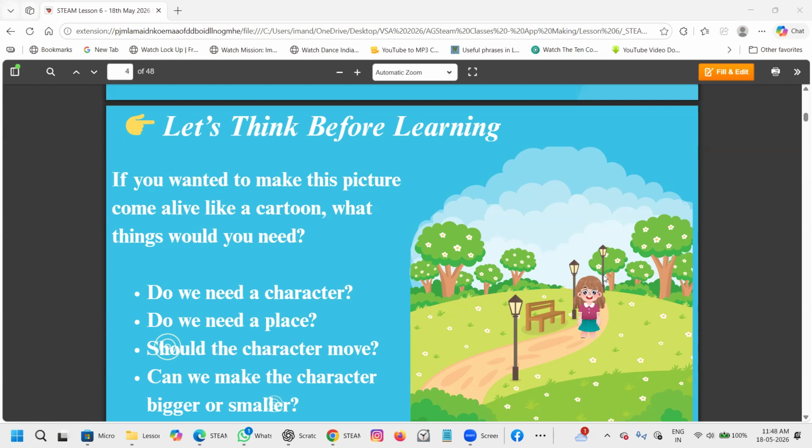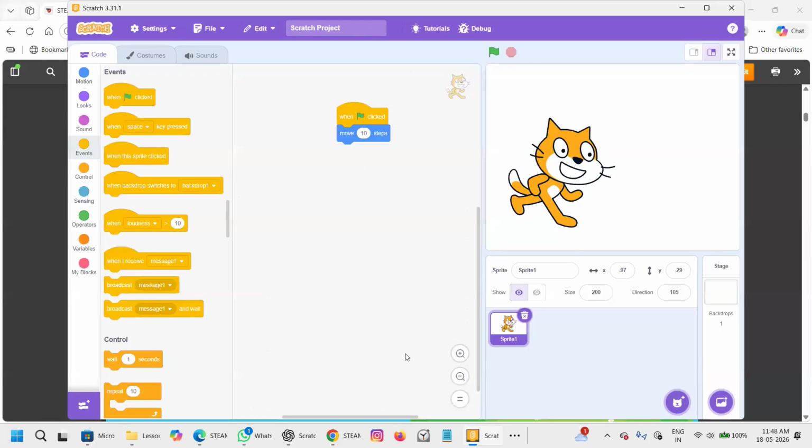Yeah, correct. Wherever she's standing, that's fine. But supposing the girl is not there, only the park is there, then you will say nobody is in the park. It's empty. But if the girl is there and the park is not there, then you will say nothing is there, I don't know where the girl is all alone, which place. I'll show you this example again. Can you see this Scratch? Yes or no? Or do I need to change? Can you see the Scratch app?